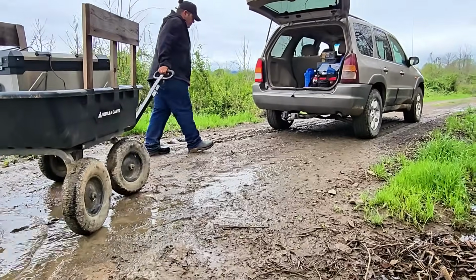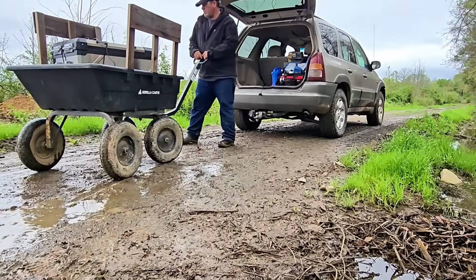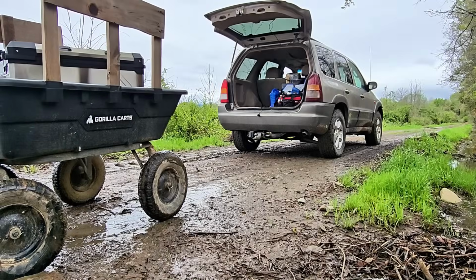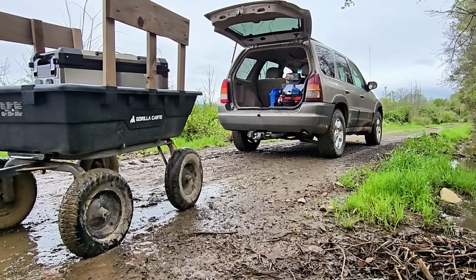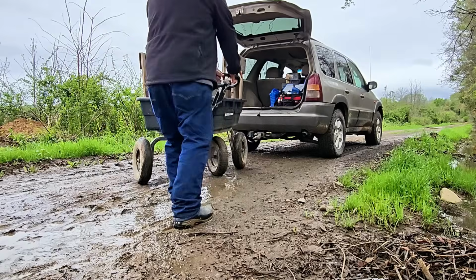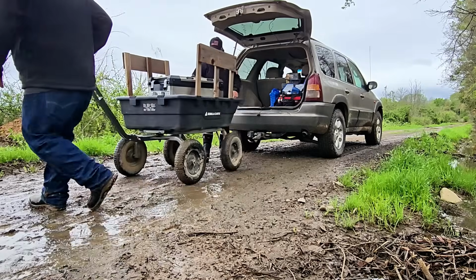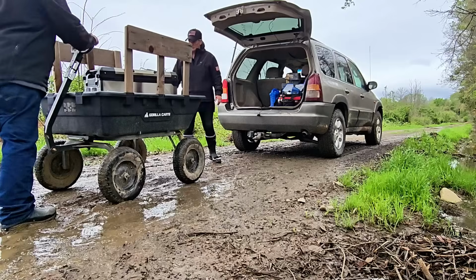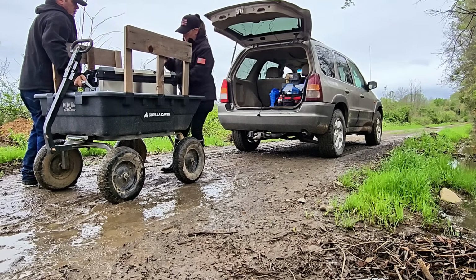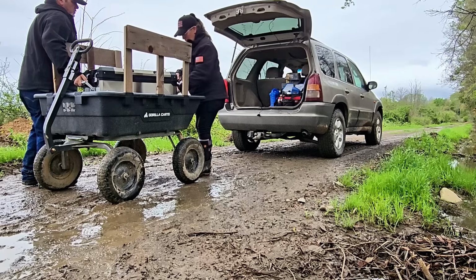Alright, let's put you guys down here in the middle of the puddle while we load this. Yeah, let's just get it out first so we have room. And just throw this over the seat, and whenever you use it,